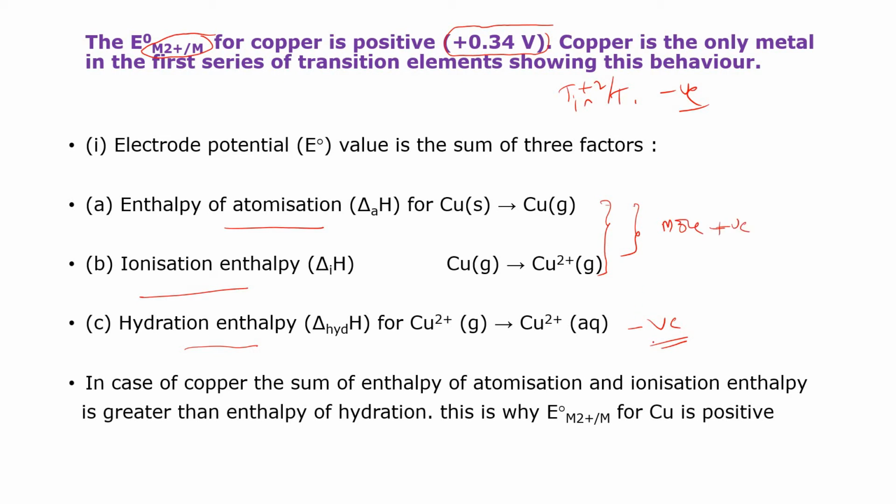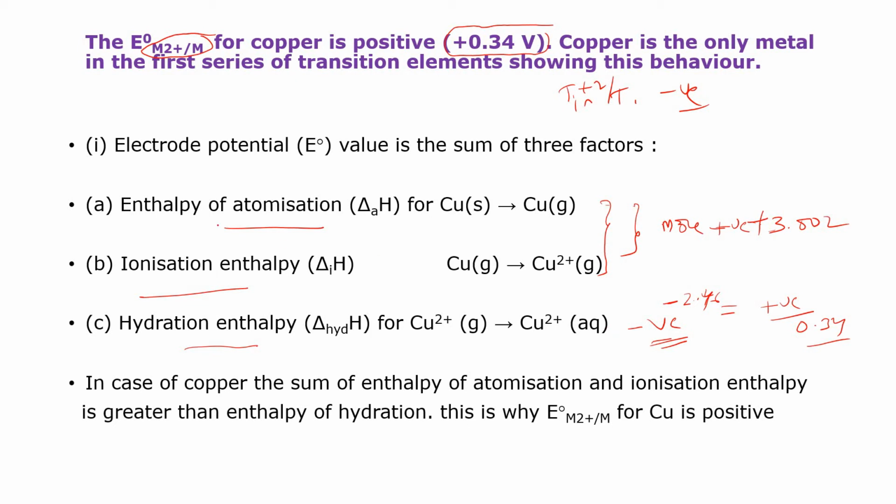In all cases it will be negative only, but if you add positive and negative, you are getting what? Positive only, isn't it? For example, you are having this one, 3 point something 02, and this one you are having 2 point something 46. So the resulting value, positive minus negative, how much do we get here? Definitely 0.34 only.